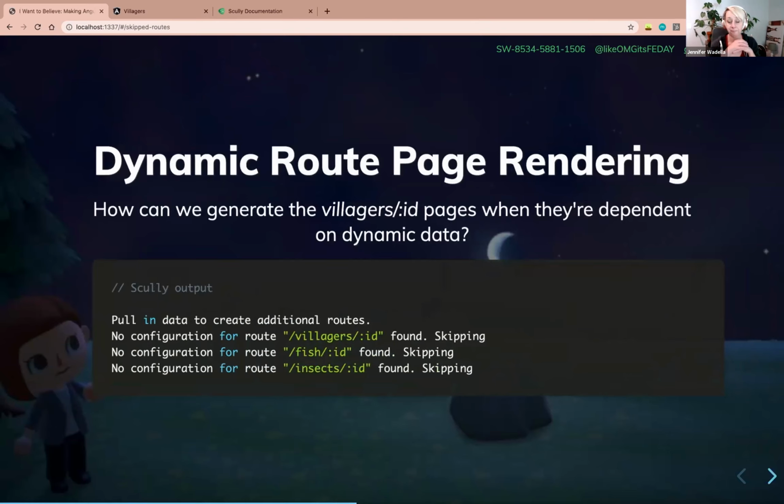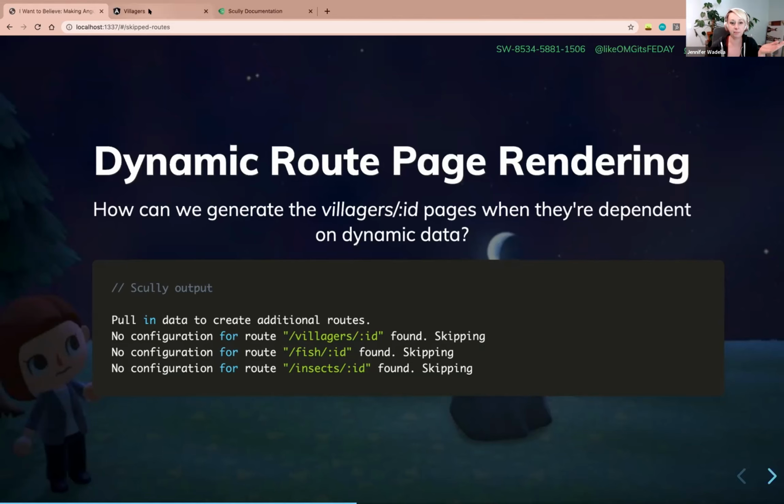Okay, so now that we've talked about how Scully is doing things, let's get to the dynamic part, because this is a really common use case, right? Basic CRUD application, where we might have a list of things and we want to navigate to that thing/ID and then pull in specific data because we're making an API request. How do we go about figuring that out?